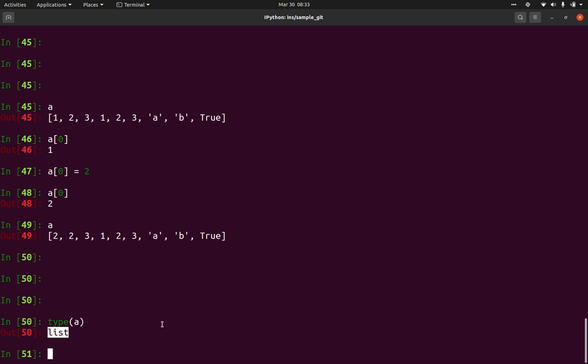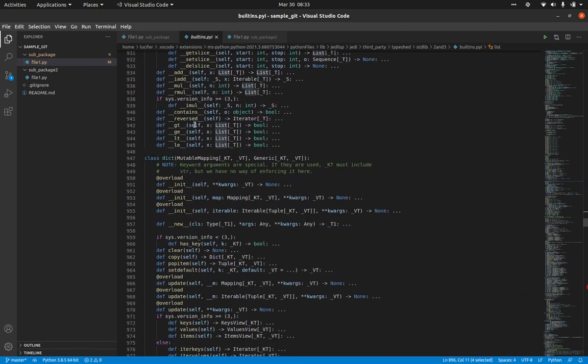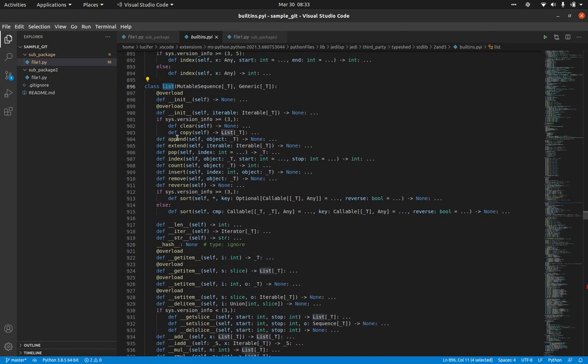So this is our list class, and if you go into the list class, we have a lot of methods. These are all called methods. Whenever you have a method name with double underscores in front of and after the name, those are system built-in. You should not change them, and most probably you cannot even access them. Those are like private methods which are only accessible for that particular class instance. But for the methods with simple names, you can use all of them.